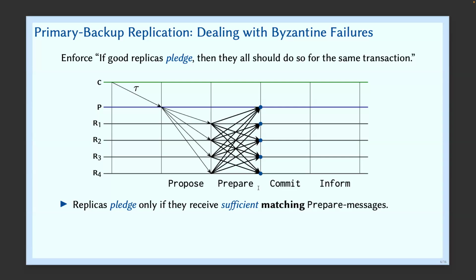Okay. All right, so let's do this example. I'm the primary, okay? And I'm going to propose a message to all of you. I'm going to propose 0 to everyone. Okay? What are you going to do? You're going to do prepare, meaning you all have to exchange messages. You're all going to say that you got message 0 from me.